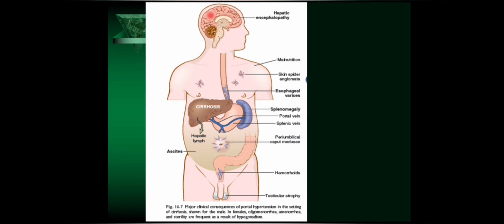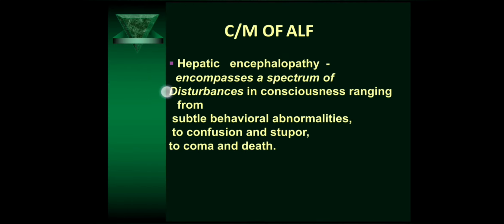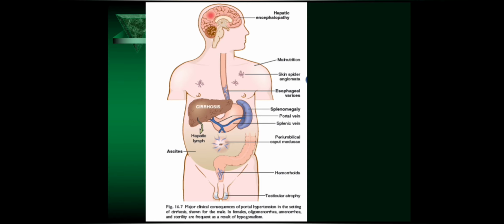Liver pathology is basically all interrelated. If cirrhosis is there, these symptoms might occur, or if portal hypertension is there, these symptoms might occur. So it is better to take a safe diagnosis and associate them with each other. Cirrhosis with portal hypertension and liver failure can be a good diagnosis. If it was a female, then you can observe symptoms like oligomenorrhea, amenorrhea, and sterility as a result.